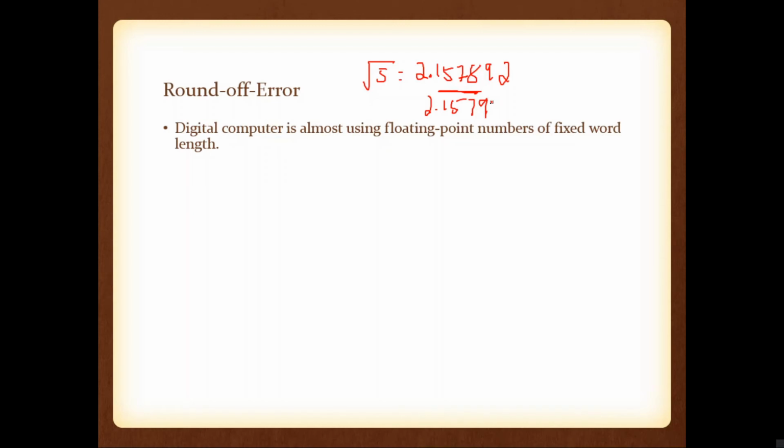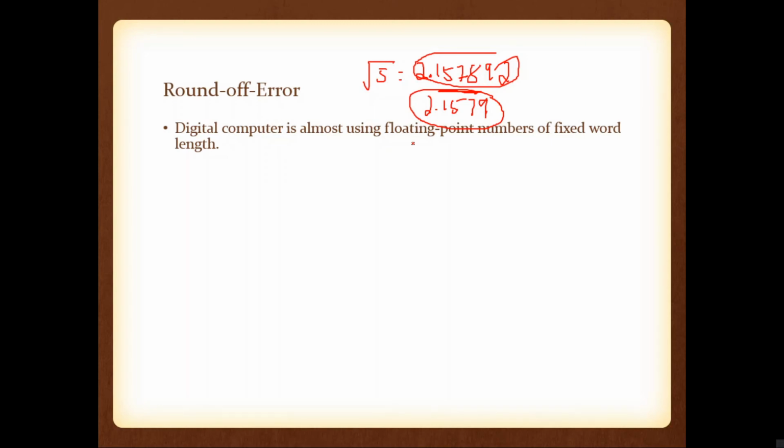So it depends upon the algorithm. If you specify the number of significant digits as 4, then this value is rounded to 2.1579, meaning the remaining values are error. So this is the true value, this is the represented value, so there is a difference, and that difference is nothing but error, and that error is known as round off error. So this is the second type of error, round off error. We are purposefully adding this error, otherwise the memory required will increase, and we don't have that much memory. So in order to save memory, we purposefully add this type of error.